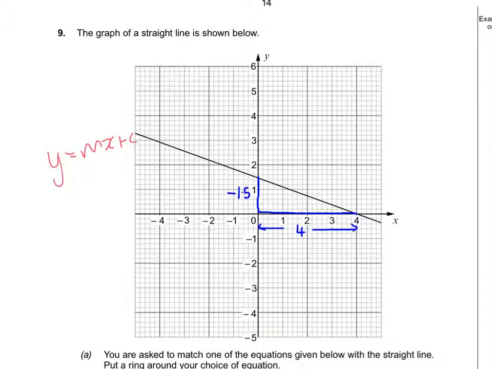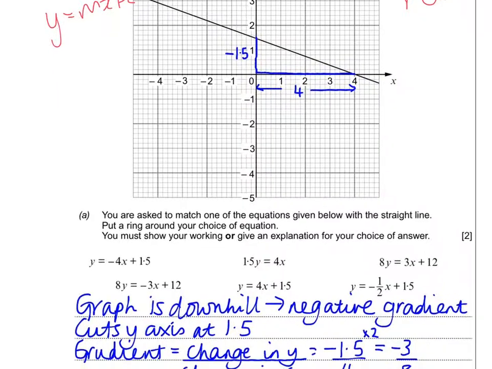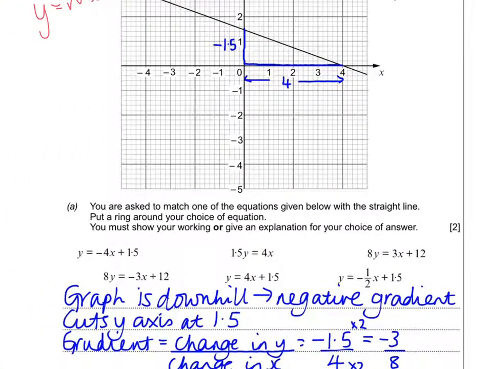To work out the formula, there's a couple of formulas. One's that science use. You might have heard this: rise over run. If you want to use that, it's fine. I think Miss, you've used change in y over change in x. So you need to start looking at these sort of things. So the first thing Miss has said here is graph is downhill, therefore negative gradient, same sort of thing that